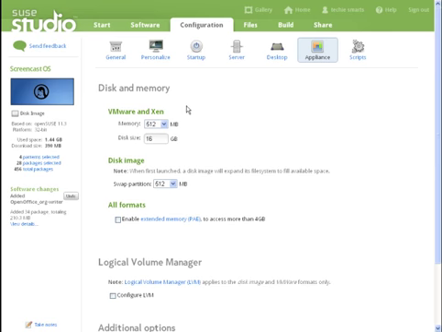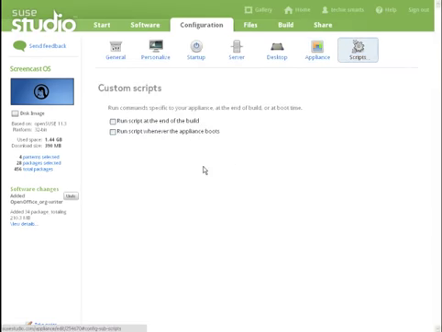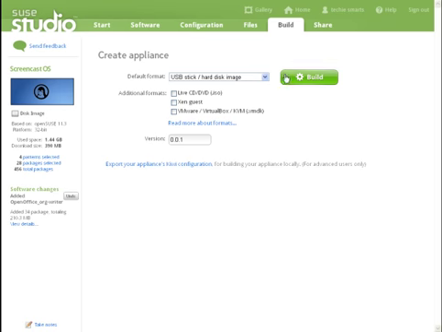You can click over to your appliance, and this is just some behind the scenes settings, where you can also upload your own scripts. If you have any custom files you'd like to add in there, it'll add those in after it builds the system. Once you're done adding the software that you want to add, you can come over to the Build